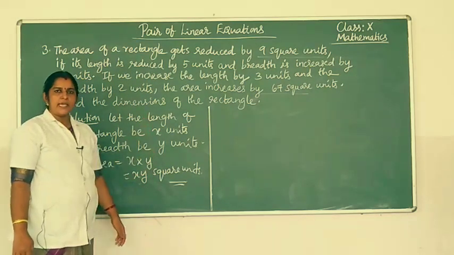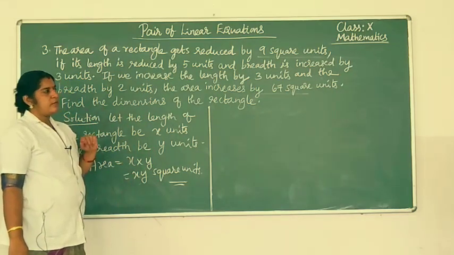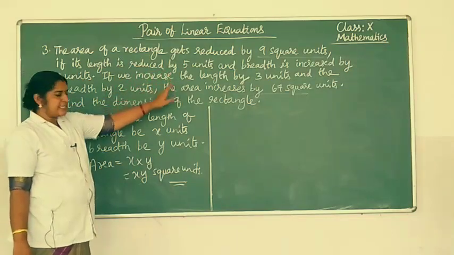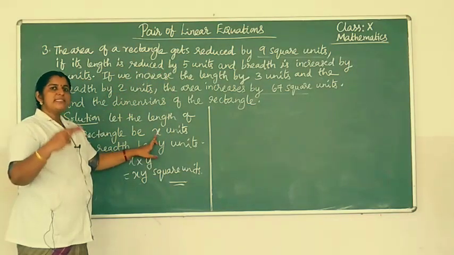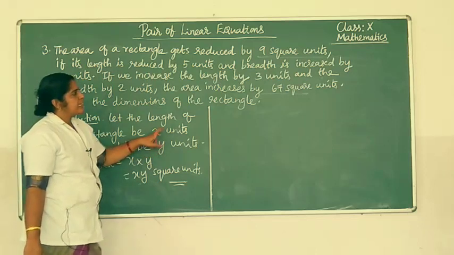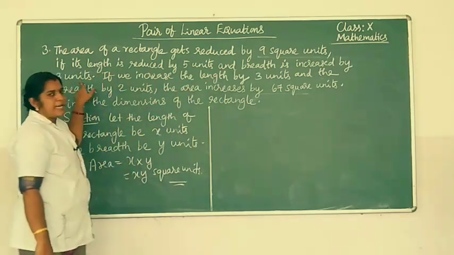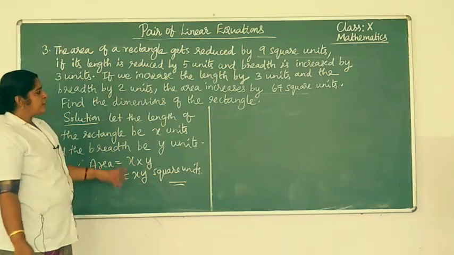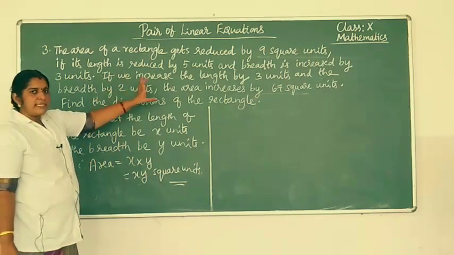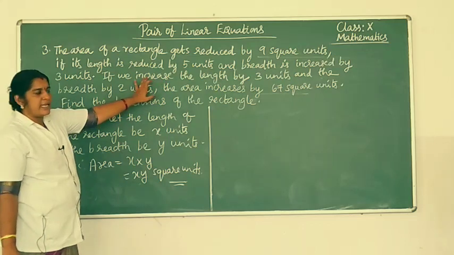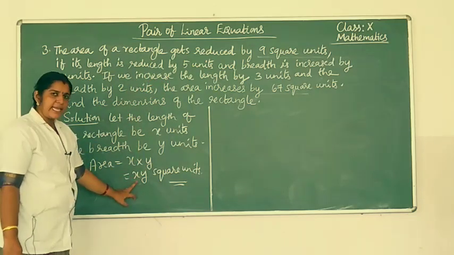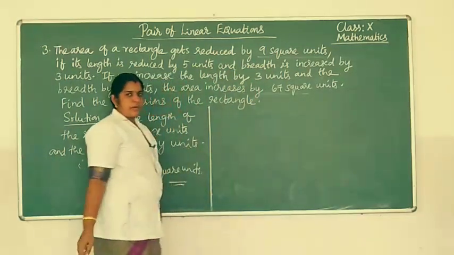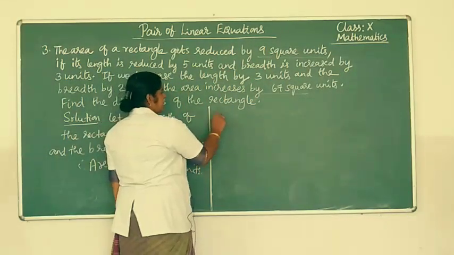Now we can form the equations. What about the first equation? Length is reduced by 5. What is length? x. So x minus 5, and breadth is increased by 3. That is breadth y, so y plus 3. When you do this type of increasing and decreasing and find the area, that area is reduced by 9 square units. So therefore our first equation is